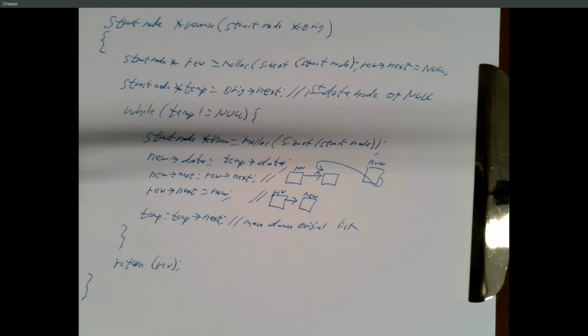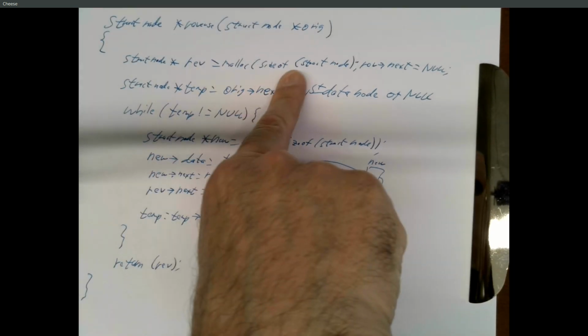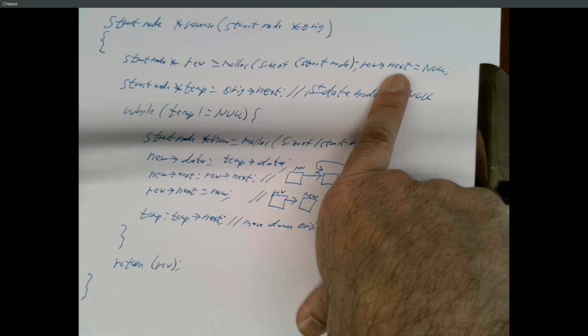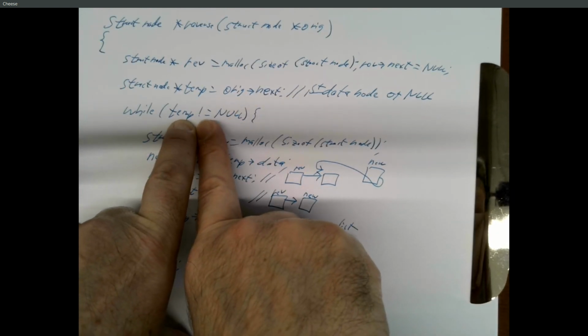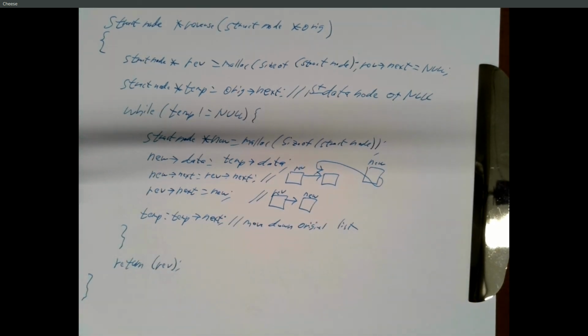This works if the original list is just a Sentinel node, because rev will start off as a node with a next field of null, and if original next is null, I'll never go through my while loop. All I'll do is return that empty Sentinel node. So you don't need to handle that as a special case, although some people did. It doesn't hurt to do special cases if it's clearer to you or you want to make sure. That's fine.